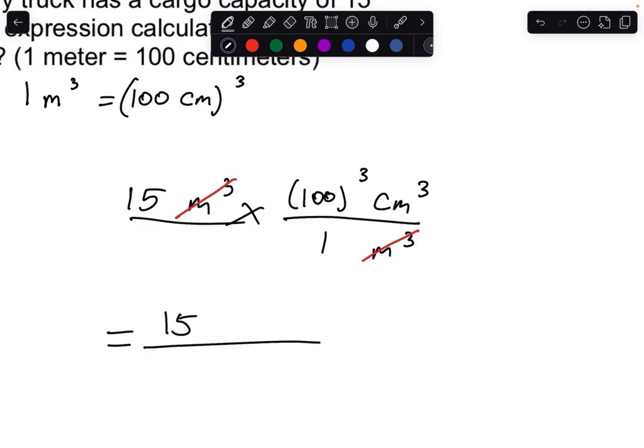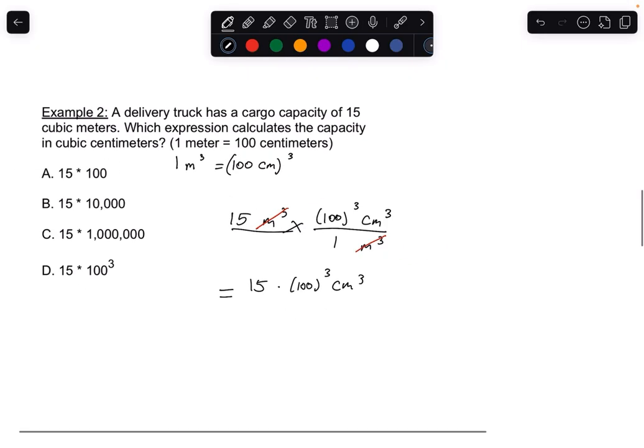You only have 15 times 100 cubed on top, because on the bottom is just a 1, and that can just go away altogether. Which leads us to, okay, well, they probably want us to work out